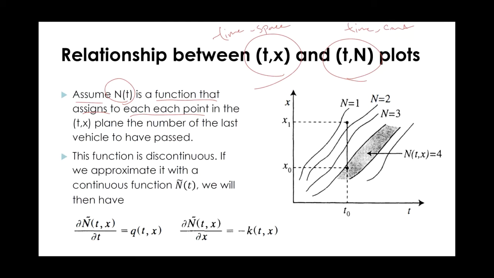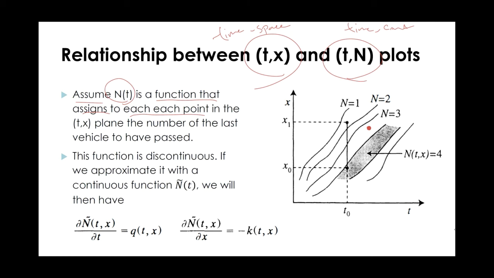The definition of N(t) here is a little bit tricky. N(t) is a function that gives me the number of the last vehicle that has passed at any point on the time-space diagram. So for example, if I just randomly draw a point here,